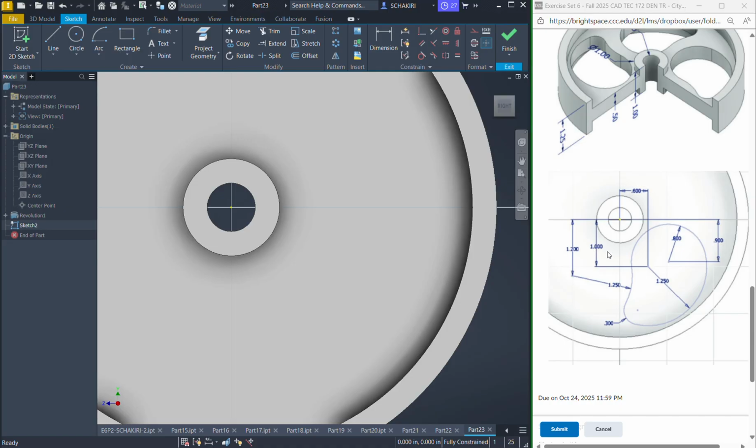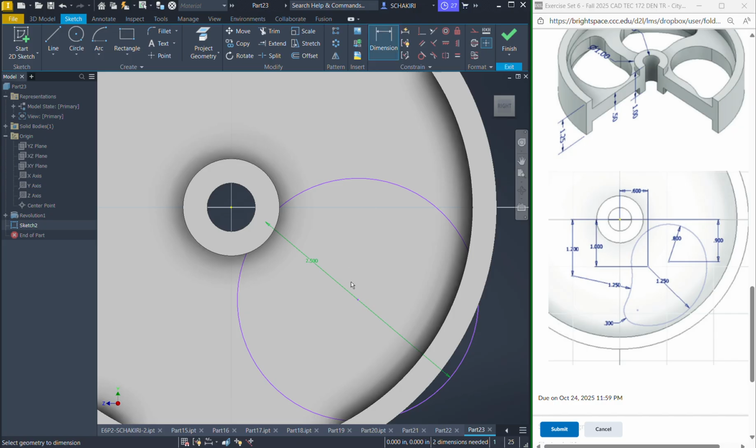The coordinates of the center are 0.6 in x-axis and 1 in y-axis. So we're gonna draw this circle with a diameter of 2.5, just anywhere here, and then we're gonna fix the locations. So 2.5,